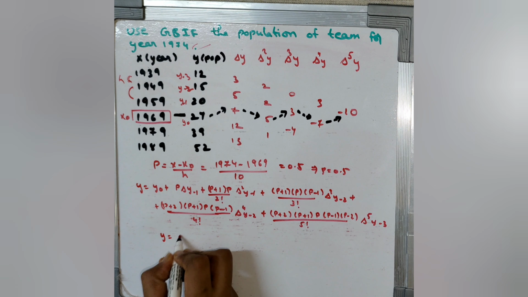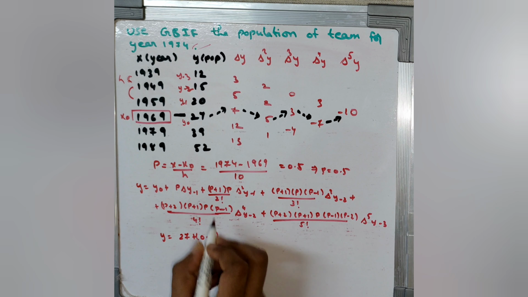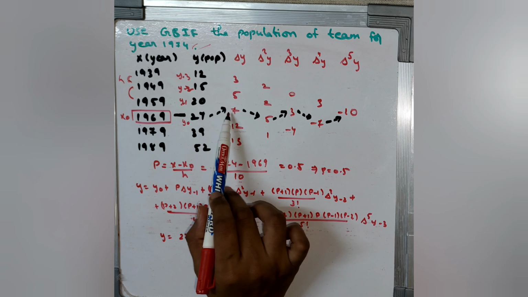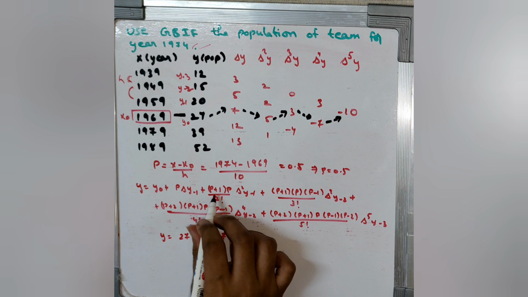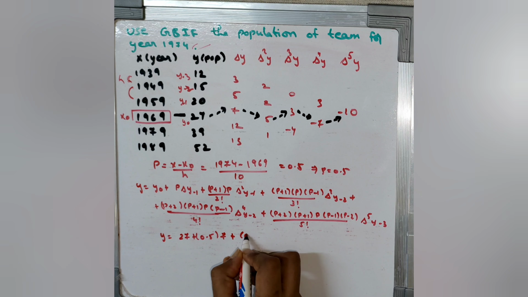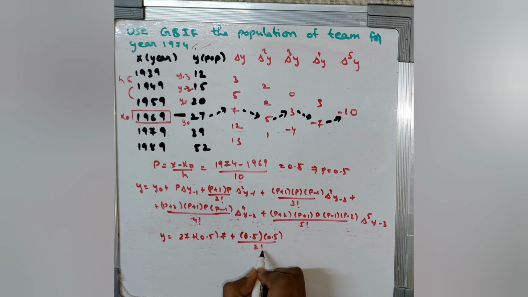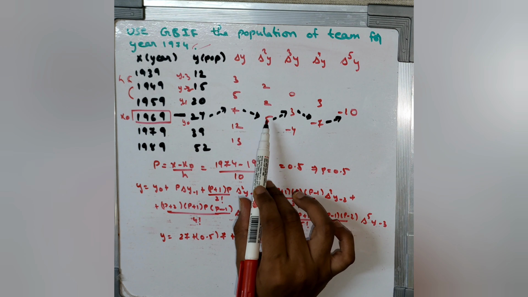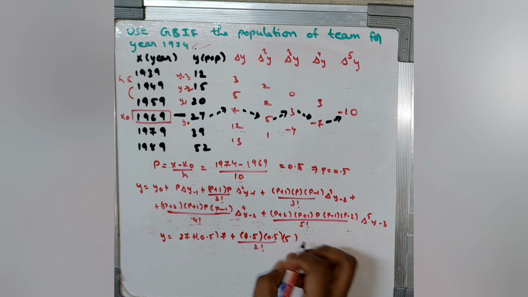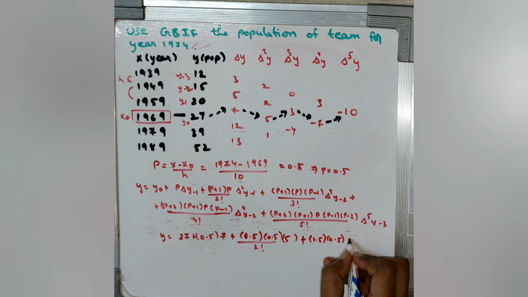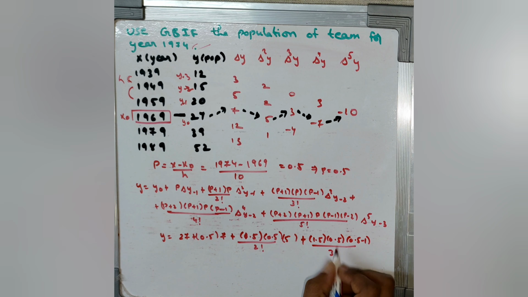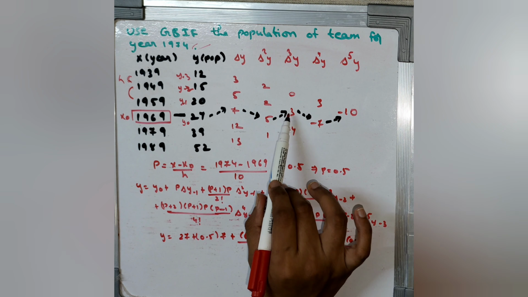So y naught is 27 plus p, which is 0.5, into del y minus 1, which is 7, plus p plus 1, that is 0.5 plus 1, 1.5, into p, 0.5, divided by 2 factorial into delta square y minus 1, which is 5, plus p plus 1, 1.5, into p, 0.5, into p minus 1, 0.5 minus 1, divided by 3 factorial into delta cube y minus 2, which is 3,